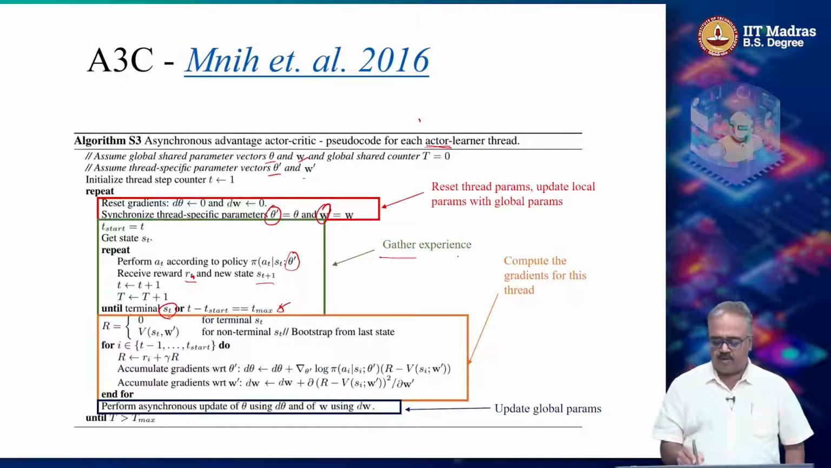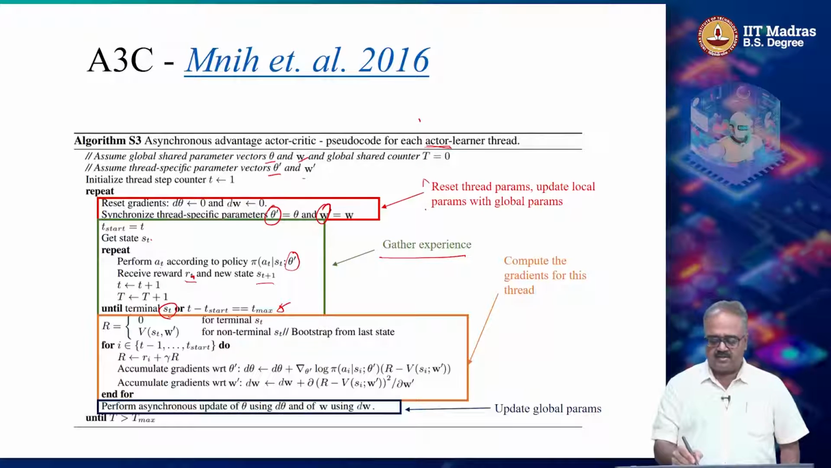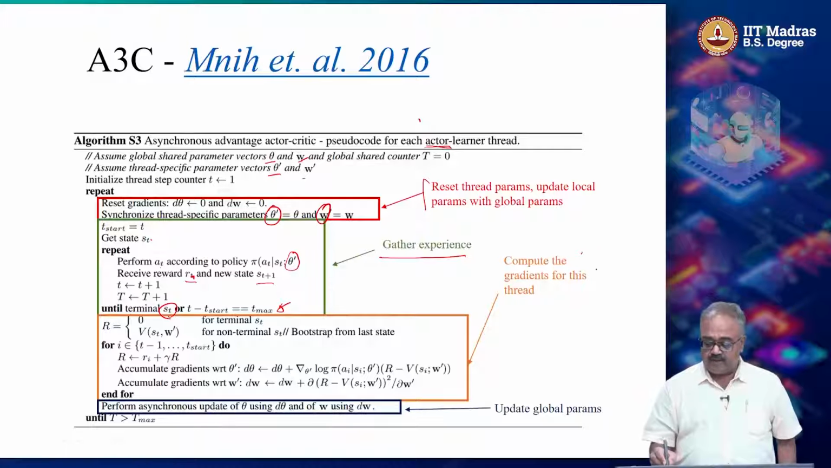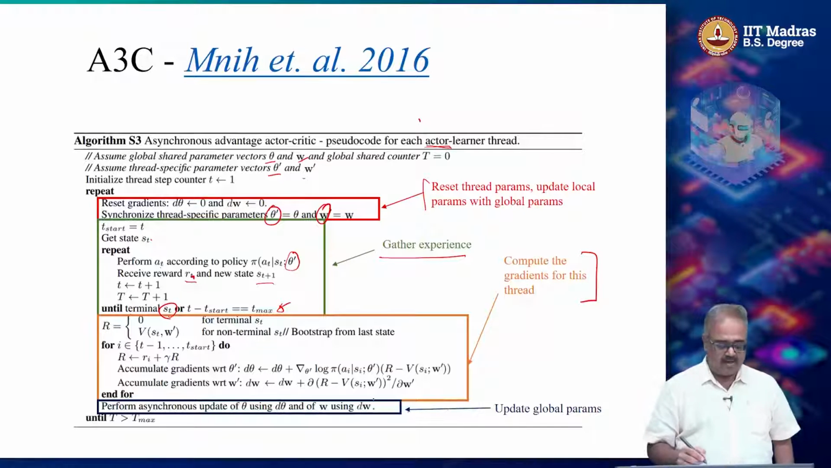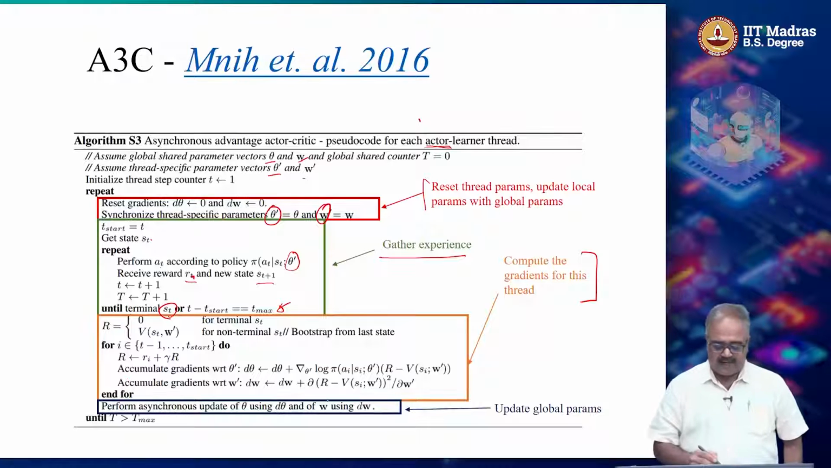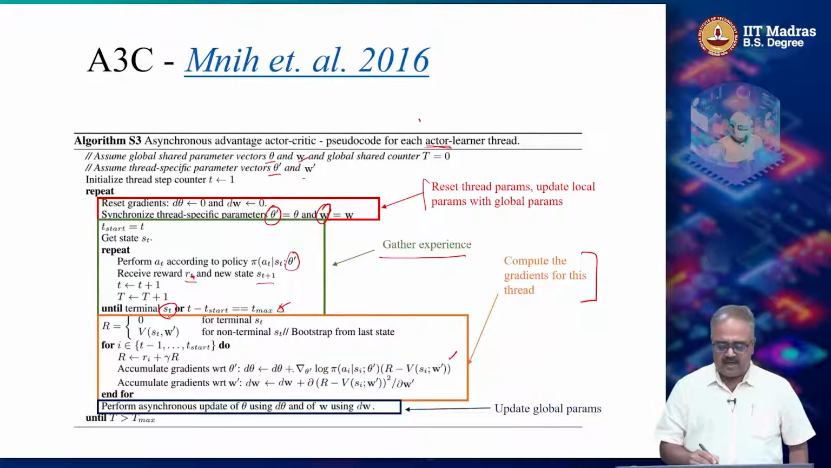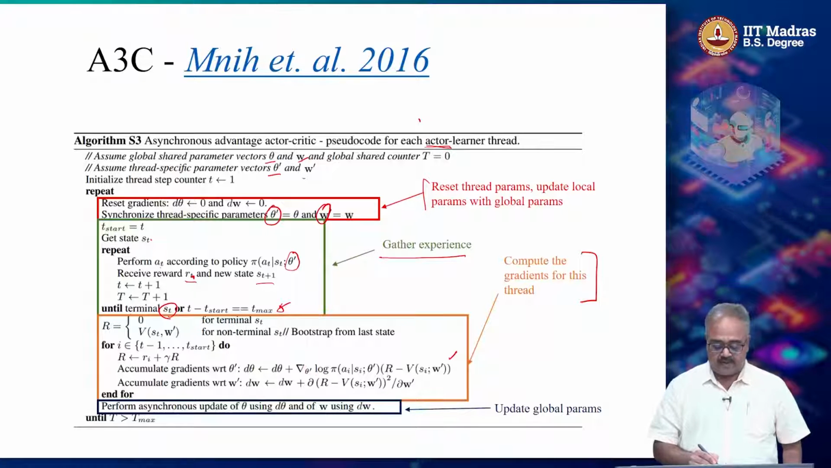So basically this is what you would call a gather experience phase. So this is an initialization. Now you have gathered the experience. Now that you have gathered all this experience, you can use that to compute the gradient. So how will you do that? Remember what you have to do. You have to update theta prime using the policy gradient theorem. So you take the gradient of log pi with respect to theta prime, and then you take R minus V(S_i). So this is basically your